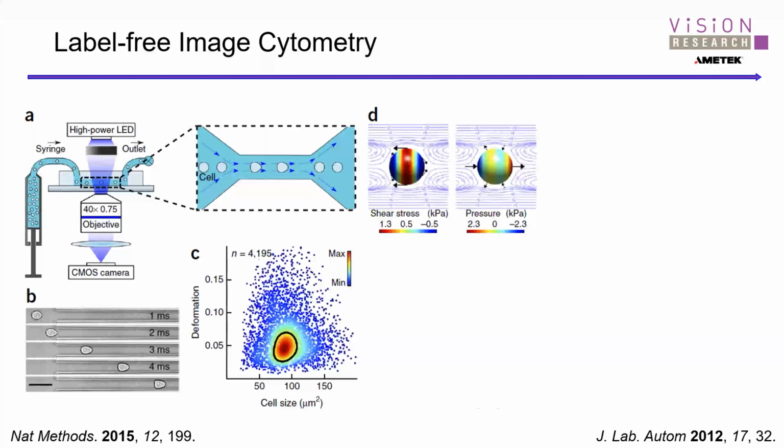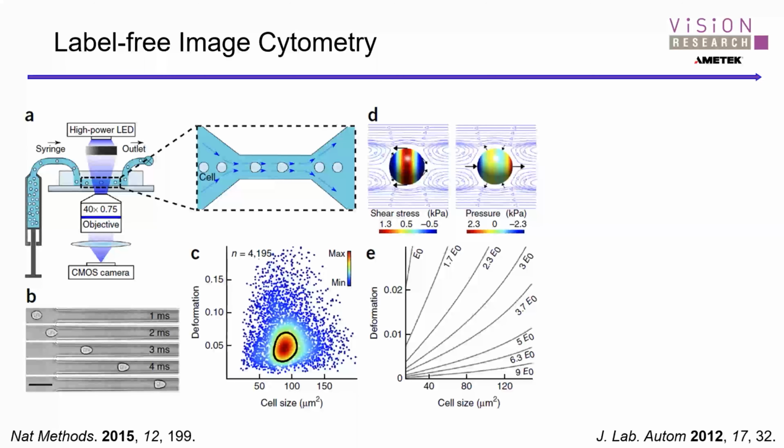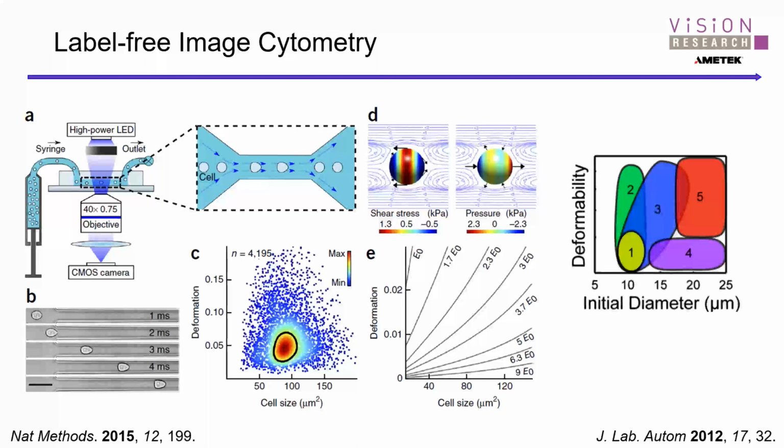Okay. And then what they did is they did simulations to better understand how the elasticity related to this deformation. They basically created some trends, and they related the cell size to the degree of deformation. And then they can learn about the average elasticity of that cell as it flows through the channel. All right. And the ultimate goal of what they want to do is they want to create this phase map,